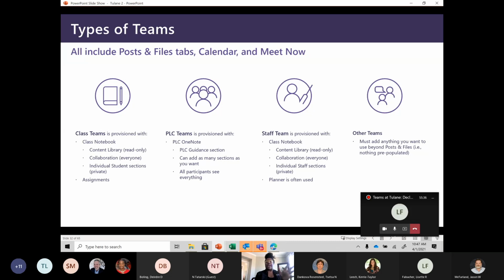Class teams, you get a class notebook. PLC team, you get a PLC notebook. Staff team, you get a staff notebook. And when I keep saying this word notebook, if any of you have ever used OneNote, and my first